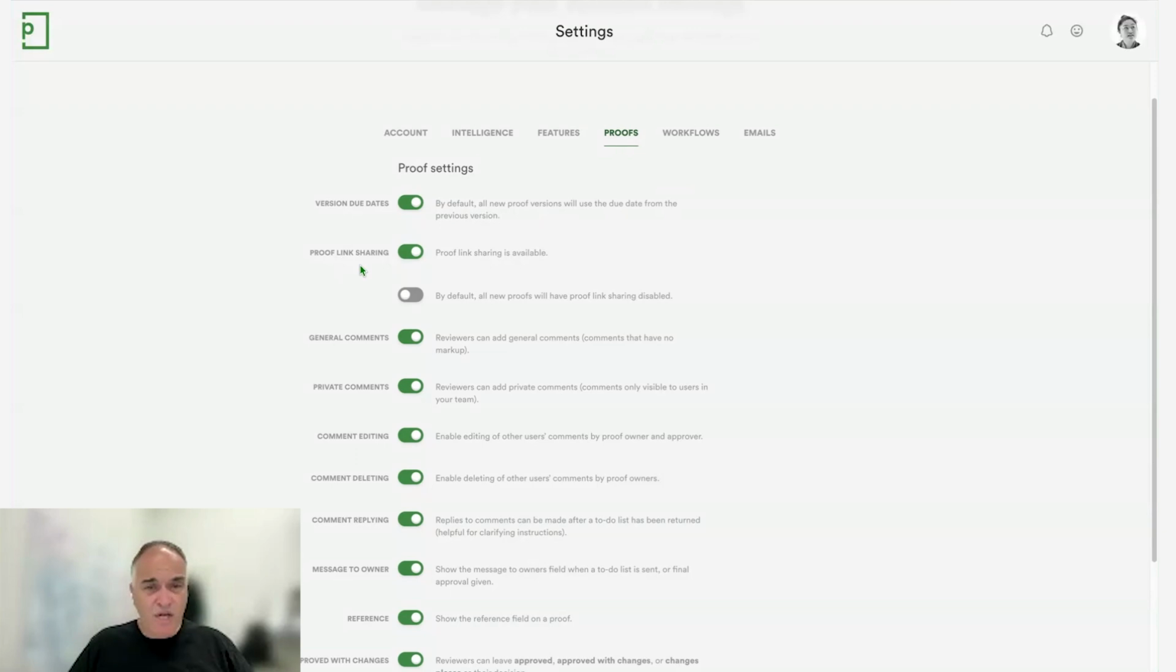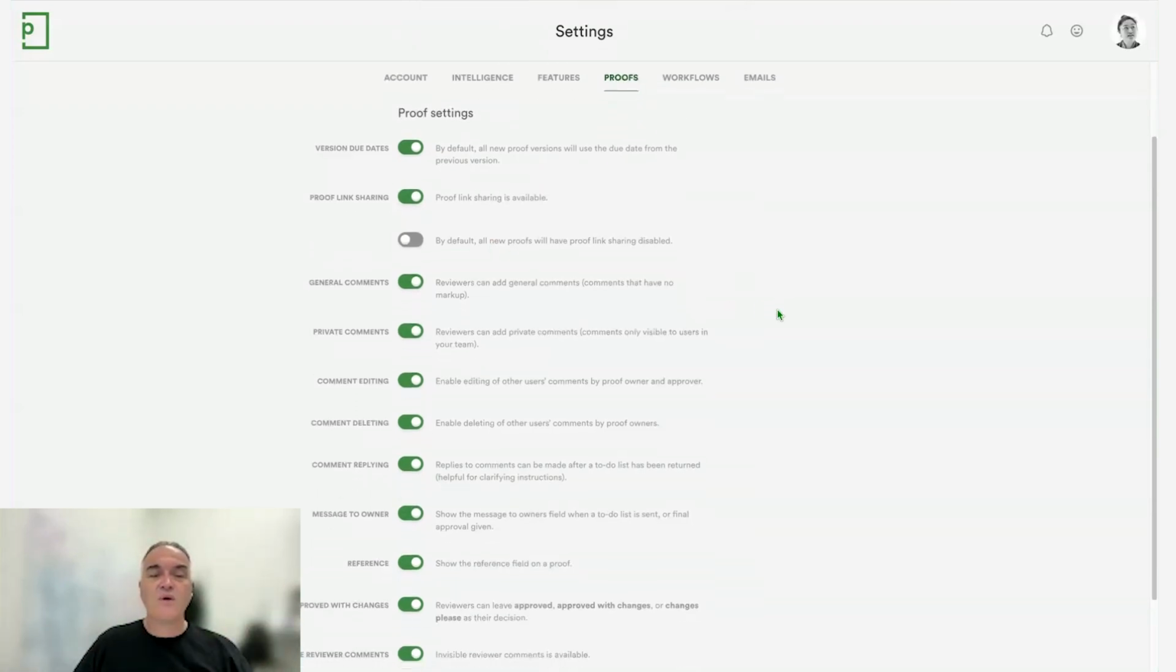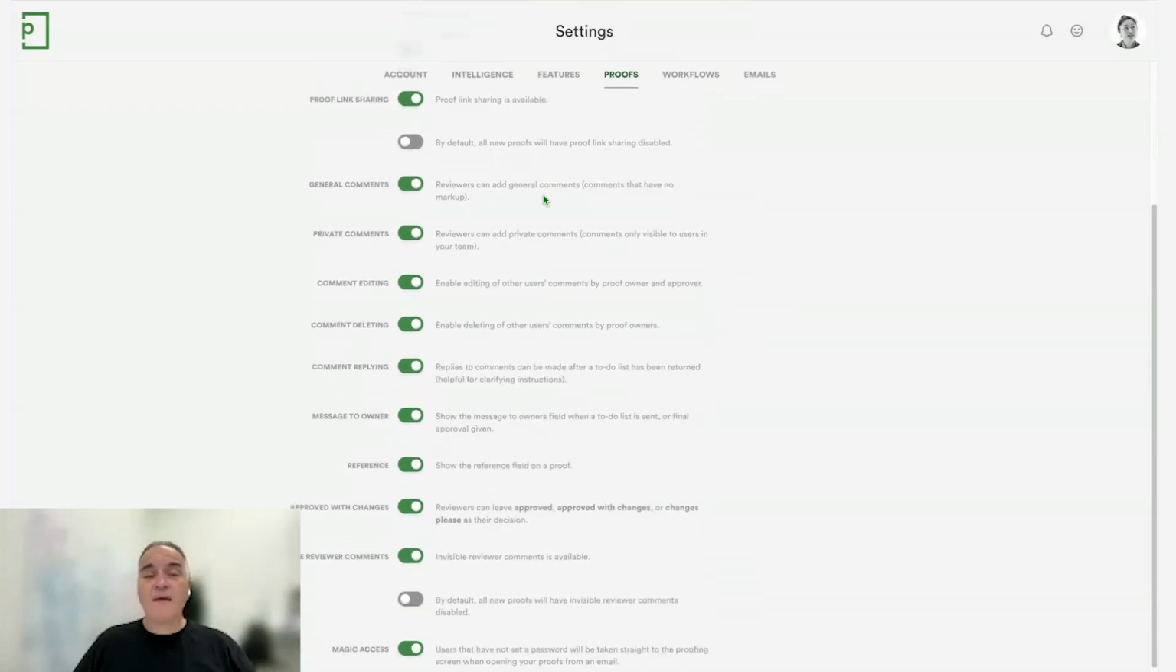Proof link sharing, switch that on or off. And you can also turn that on by default on all new proofs if you want to. So you can set the defaults of how things work. General comments, you may or may not want those. And then we get into some areas which are part of PageProof Enterprise, and again, can be optioned into Teams Plus,